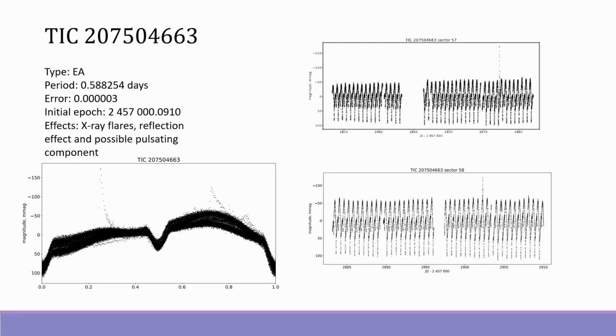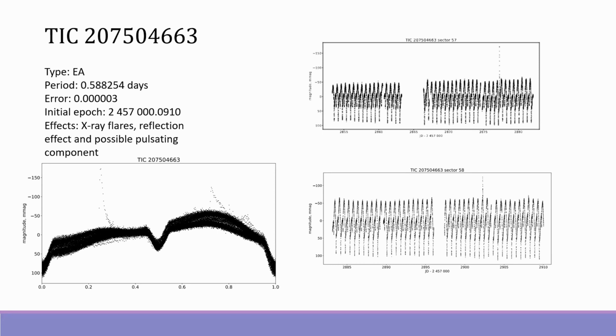However, this eclipsing binary has different unusual effects. Firstly, it has non-periodic flashes of different amplitudes, which are ejected from primary or secondary minima. As the source was classified as X-ray source, we propose to explain this classification as a result of these flares. As it is also seen from a phase curve, the shapes of the primary and secondary maxima are changing over time and have different starting magnitudes, which indicate the presence of the hot or cold spots on one of the components of the system, and also probably the reflection effect.